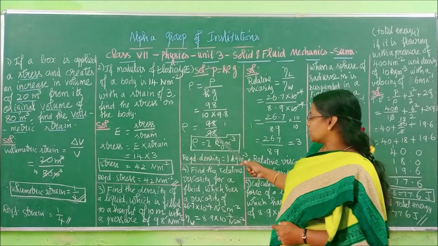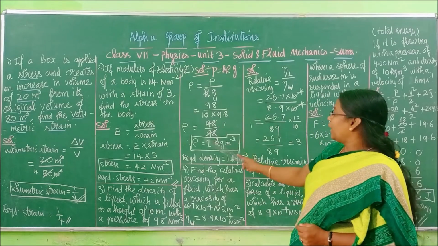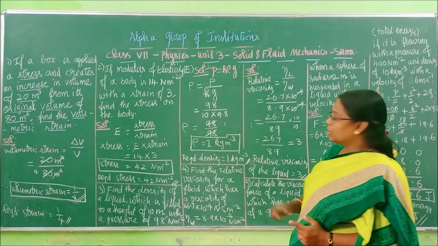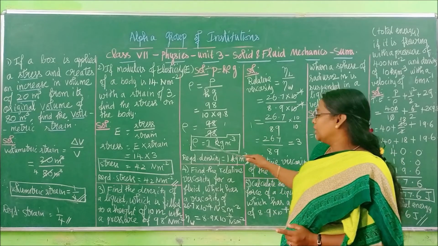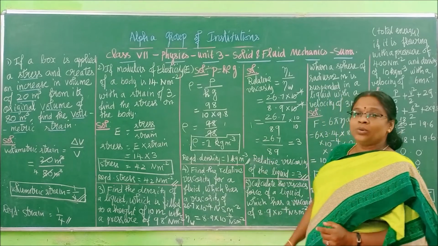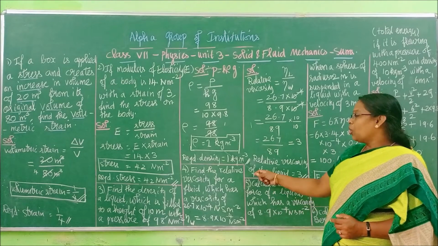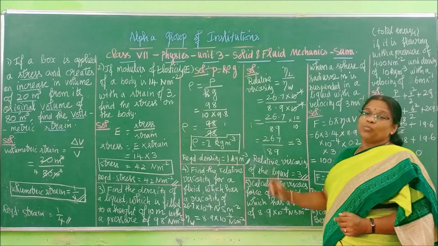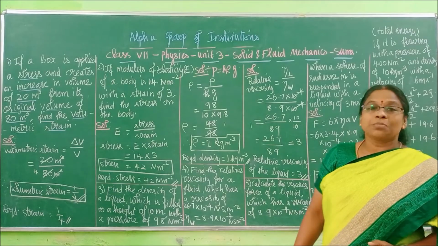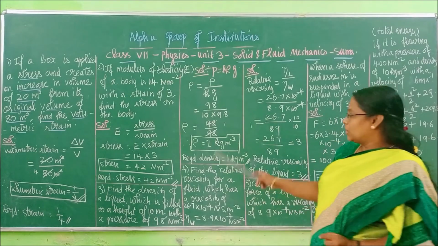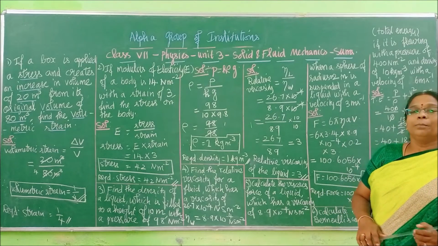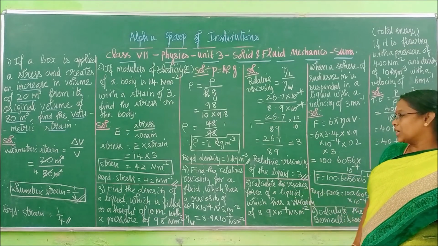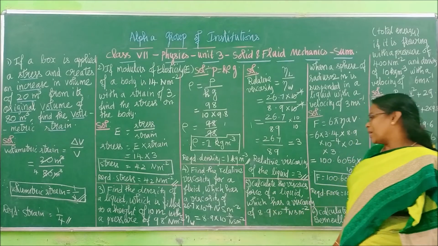Right, and it is 98. Right? So 98 will get cancelled. You will get the answer as 1. So rho is equal to 1. What is the unit for density? Kilogram per meter cube. Density is equal to mass by volume. Do you remember that? Right. So the required density is 1 kilogram per meter cube. So that's your answer. Now coming to the fourth question.